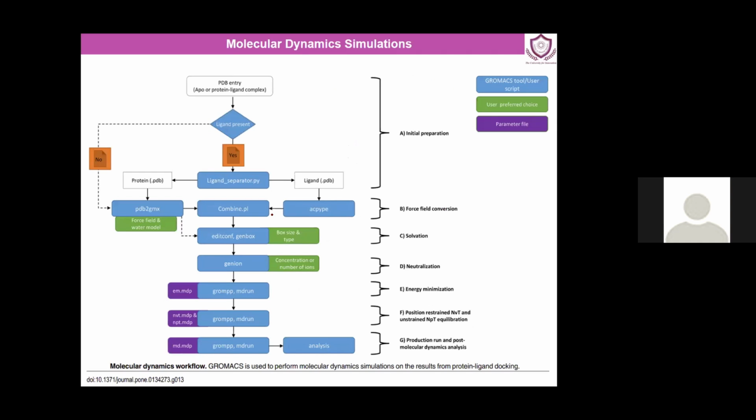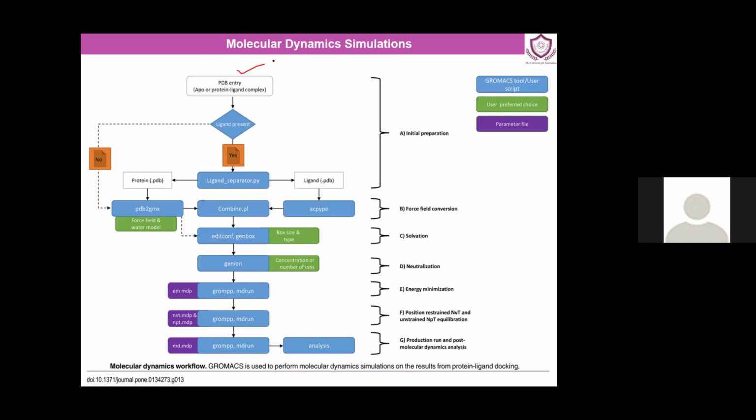Now this is the main thing which I need all of you to focus on. This is the entire layout of a simulation flow chart, specifically for GROMACS. I have adapted it from available literature, but this is a very simplified version of the flow chart of a GROMACS simulation. Right now I am focusing on the GROMACS tool, and I will demonstrate how to use it. But before going into that, we need to look at the entire flowchart of this software.